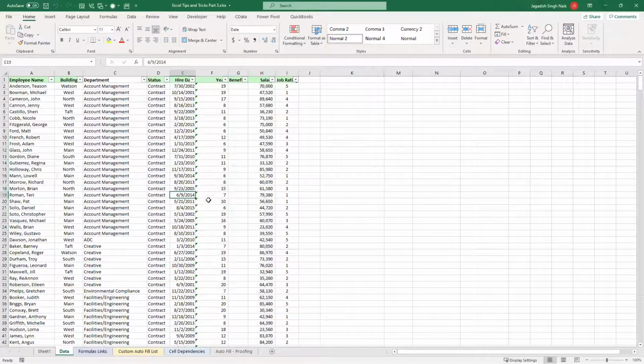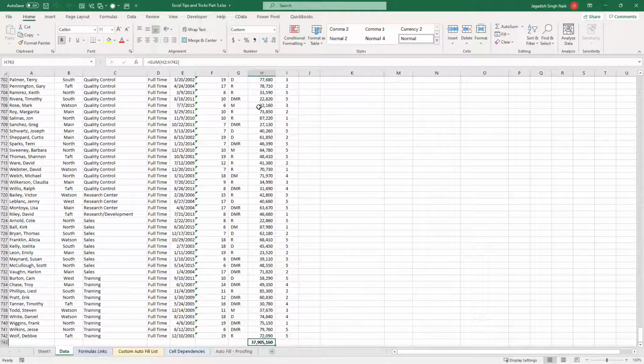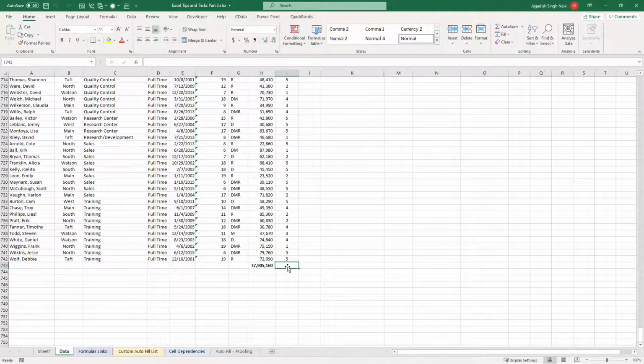So today we'll look at a couple of more tips. The first tip is related to a particular feature which can be quite helpful. Let's say you're working on some data, and at the moment, I'm looking at this data, and I have a total at the very bottom, right? And I can also have, let's say,